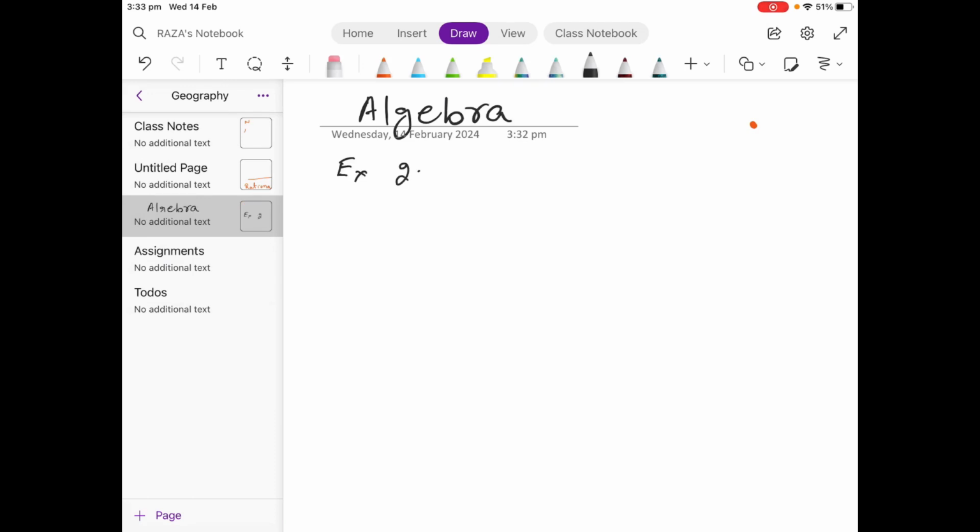We have 2x plus 3 is equal to 5. This is an algebraic equation. Now when we solve this algebraic equation, we want to make x the subject. So we need to get rid of 3 first. So move this 3 to the right side. When I move 3 to the right side,